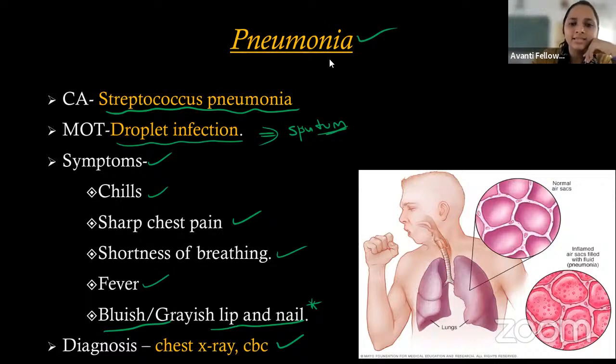In the bacterial diseases, we have studied typhoid and pneumonia. Pneumonia is related to the lungs. The alveolar region is going to be damaged here. In the alveolar region, pus cells and fluid are going to be filled. That is why the exchange of gases is not possible in the alveolar region. The fluid is going to be accumulated in the alveoli.